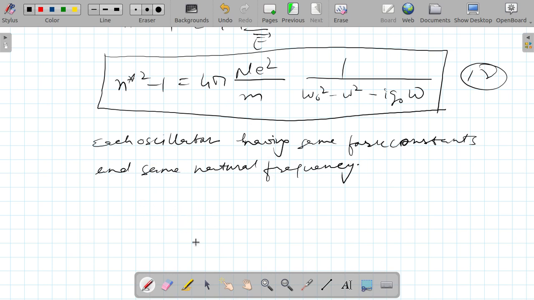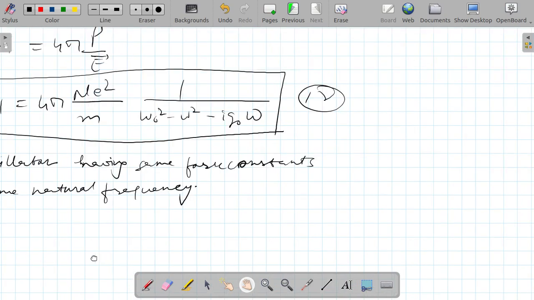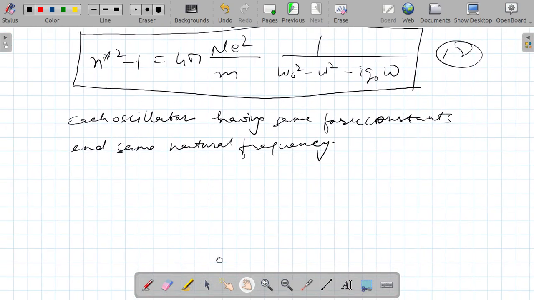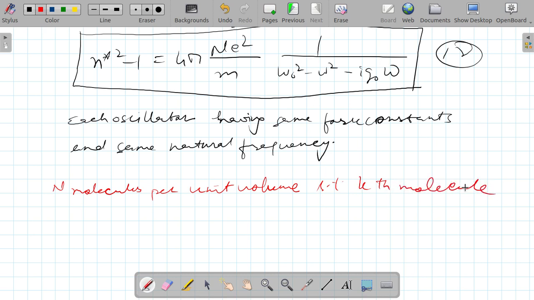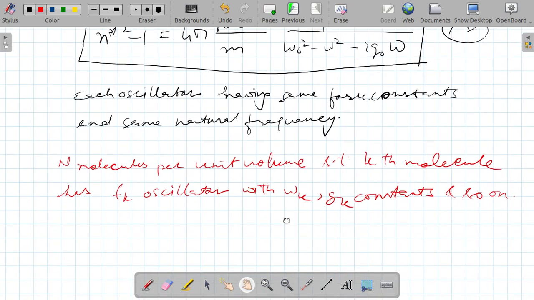But if there are n molecules per unit volume, such that the kth molecule has Fk oscillators with ωk and gk constants, and so on, so if I consider this,